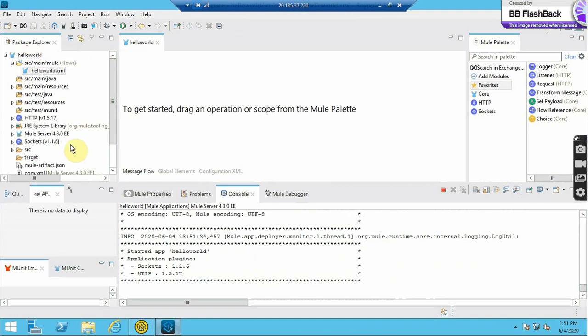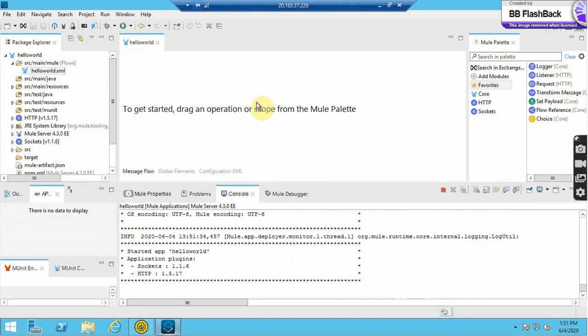Within Package Explorer, you will be able to see the project Hello World that you have just created, and within the Hello World project, you will be able to see all the folder structure. Within the source main mule folder, you will be able to see your XML that you have just created. It's hello world.xml.